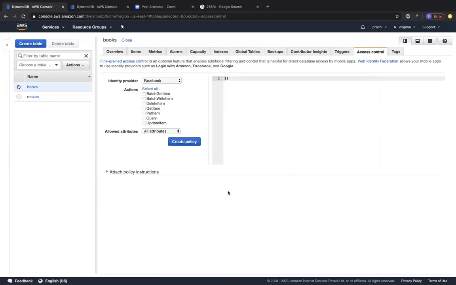And then you have access control over here. So this is also another use case for DynamoDB, wherein let's say, for example, you are writing a mobile application, and in this mobile application, you are using a federated identity. You're not using just username and password or email ID and password. You're using something like a Google login or a Facebook login or an Amazon login and so on. If you use some kind of a login like that, it's called web identity federation. You're federating your identity with a web provider or an identity provider on the web, like Facebook, Google, or Amazon.